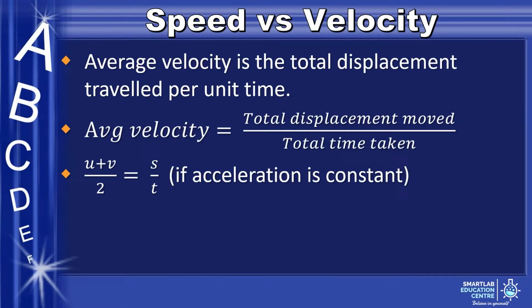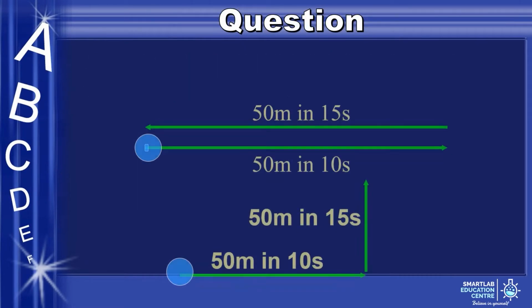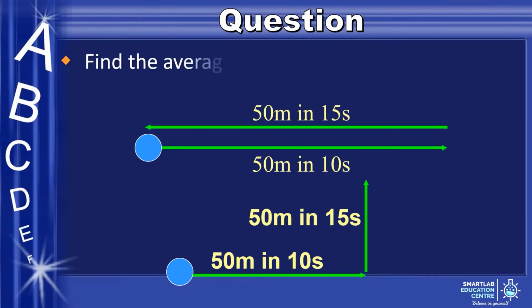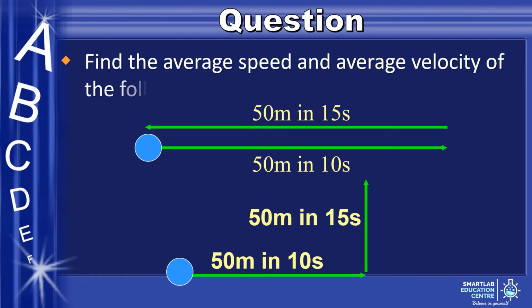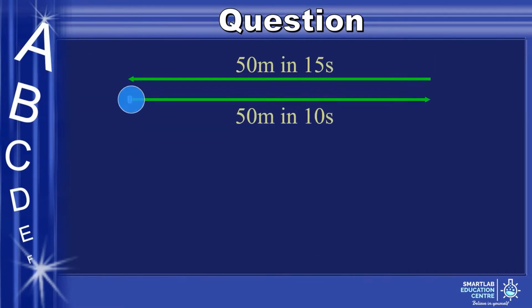Alright, now let us go through some questions. Here are two scenarios of the object's motion. Find the average speed and average velocity of the following objects. In order to calculate average speed and average velocity, we have to calculate the total distance and total displacement. In this scenario,